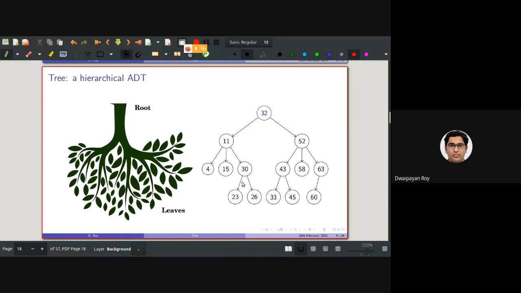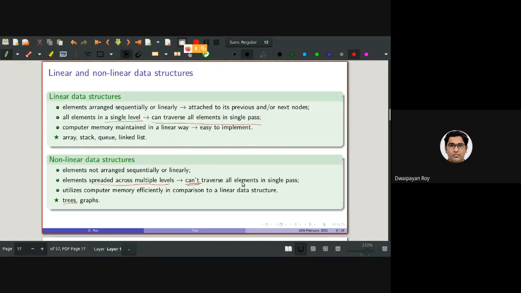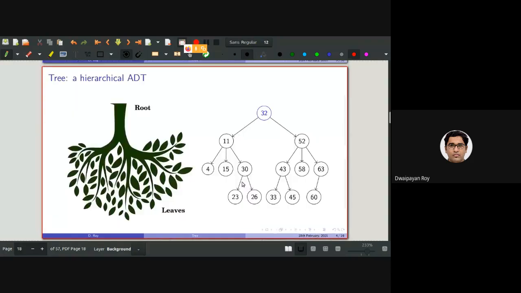So, tree. A tree is a nonlinear data structure. The tree that we see every day and the tree we will be discussing are the other way around. This is the upside-down tree, where the root is at the top and the leaves, or the individual branches, are at the bottom.